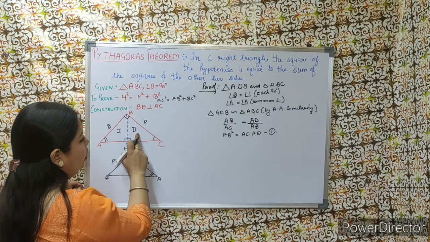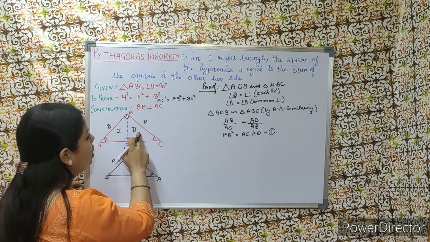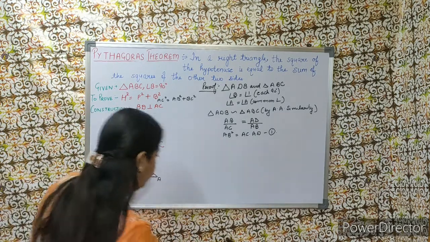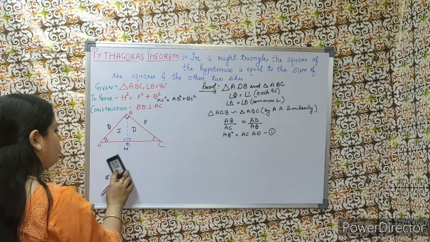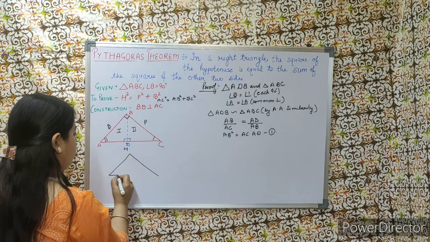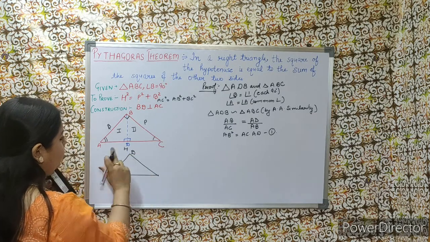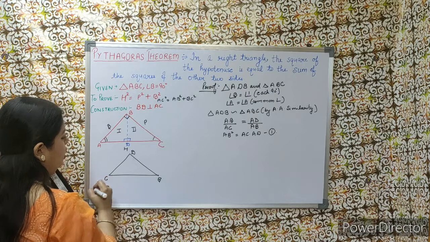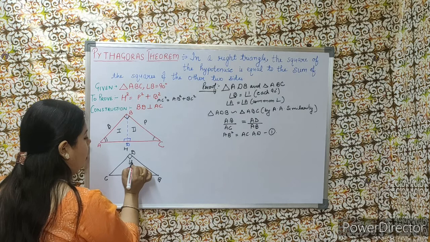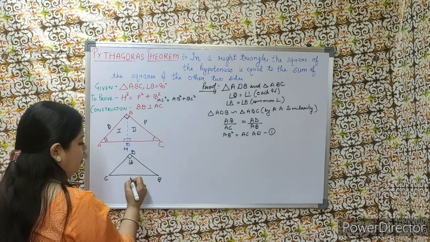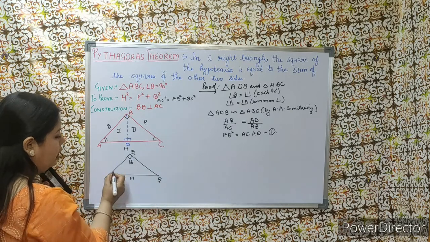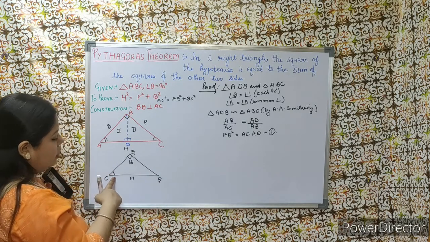Here I will be proving that this second triangle is similar to the bigger triangle ABC. Now let's draw this triangle once again. It is D, B is here, C is here. I have given this D as angle 2. BC will be hypotenuse. Now which angle is common? Angle C is common. So my C is in consideration.